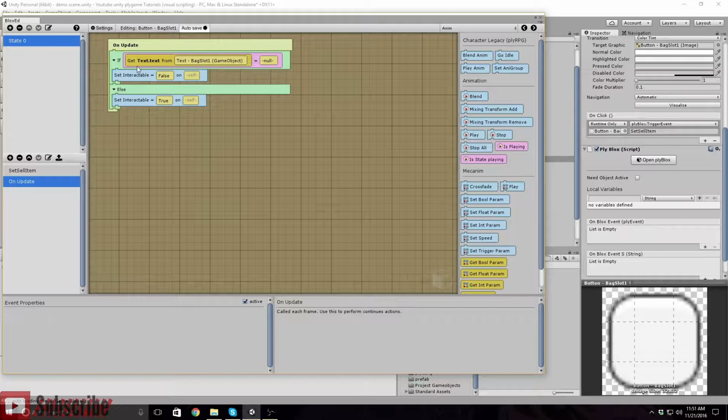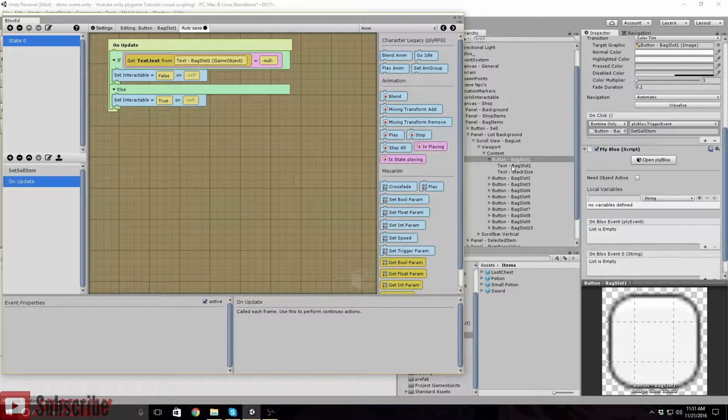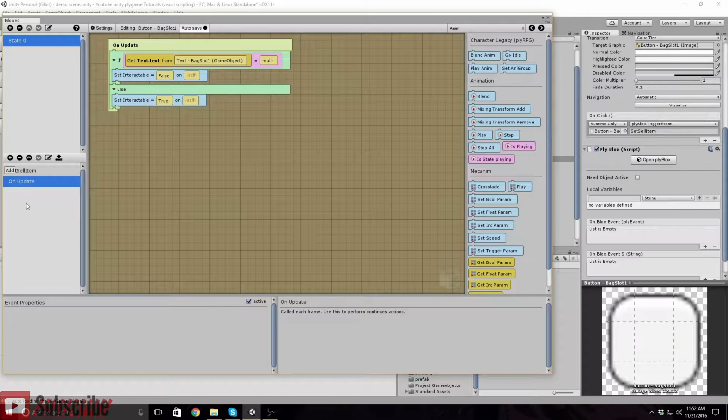So if we close this down a little bit, if our text.text from text bag slot 1 is equal to null, we will set our interactable equals false, else true, so that this way the button is only usable when there is an item stored in your bag in that slot. Go back to our set sell items